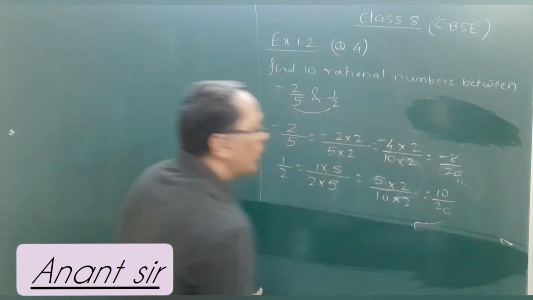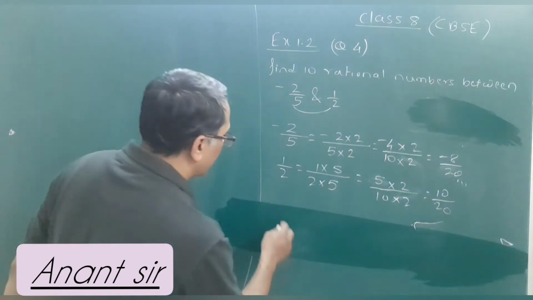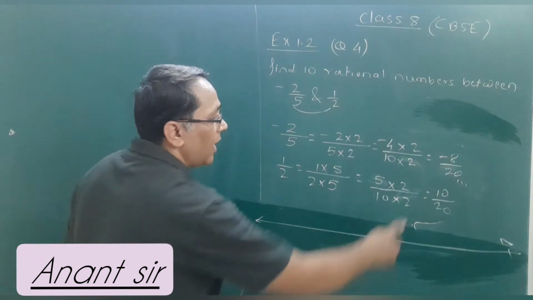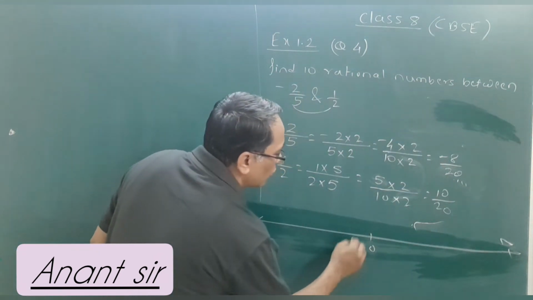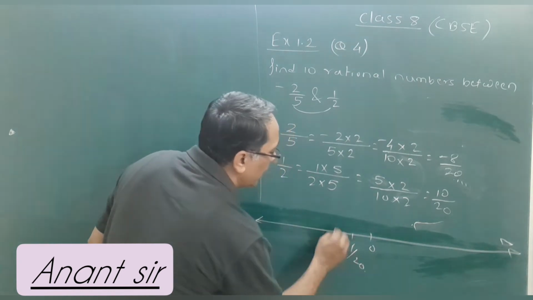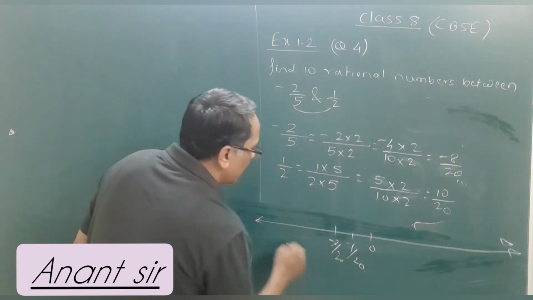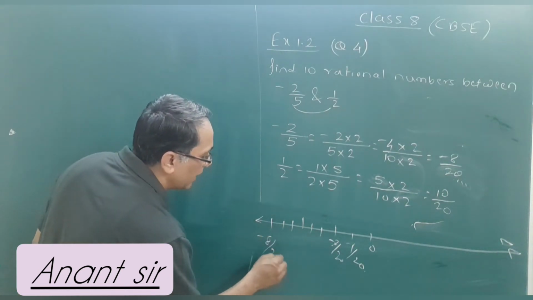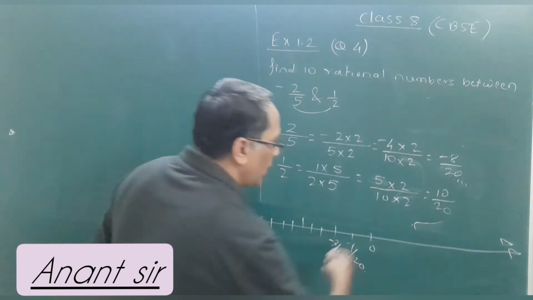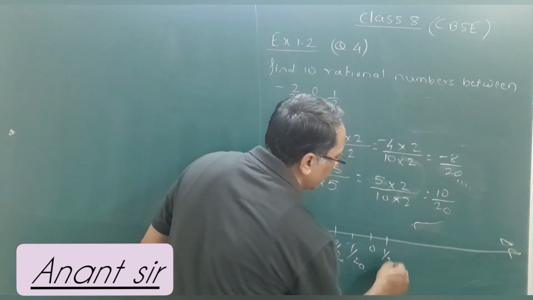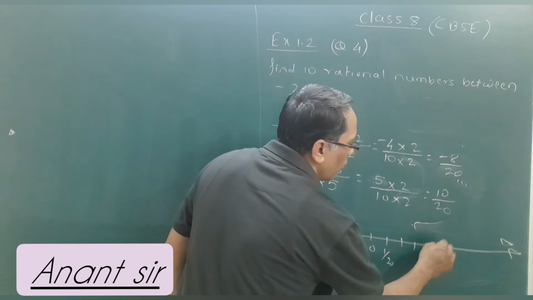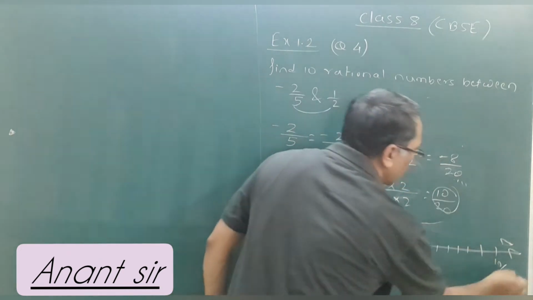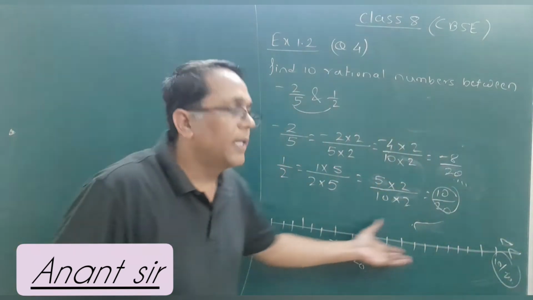Now you can see that you can write more than 10 rational numbers, right? Because if I draw number line again, okay, and I want minus 8 by 20. So first will be minus 1 by 20, minus 2 by 20. It will be here minus 3, minus 4, minus 5, minus 6, minus 7. This will be minus 8 by 20. Similarly, on the right hand side of 0, 1 by 20, 2 by 20, 3 by 20, 4, 5, 6, 7, 8, 9 and 10 by 20. Okay? This was our last one. So we have more than 10 rational numbers now.